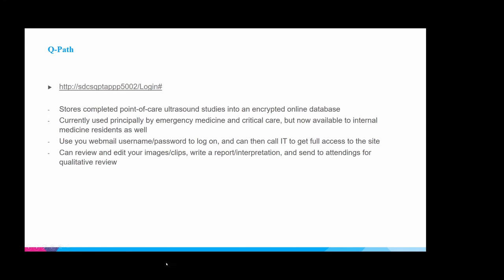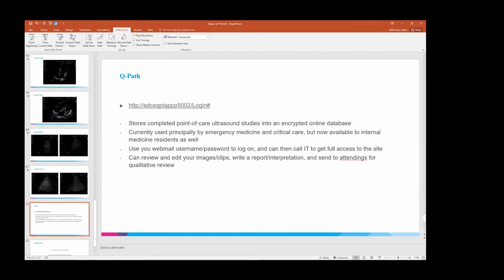And why is it important? If we go to a QPath image, for example, what's good about it is I can review exams with you. So let's say you finish an exam and now you want to view your images, right? Can everyone see my